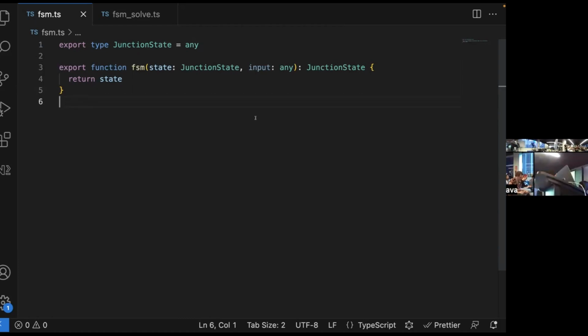But a finite state machine is really super simple. It is a function that takes in state and some input, and it returns state. Right? That's what a state machine is. How can that be interesting or worth talking about?